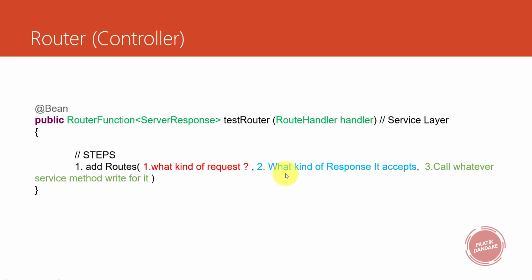What kind of response do you want? Basically we always return application/json. Sometimes you need to return a stream, so you can return the stream, according to your project perspective. Then call the method which is present inside the handler method. This handler is nothing but the service layer. So we are calling whatever method we created inside that handler from this third parameter inside the route.